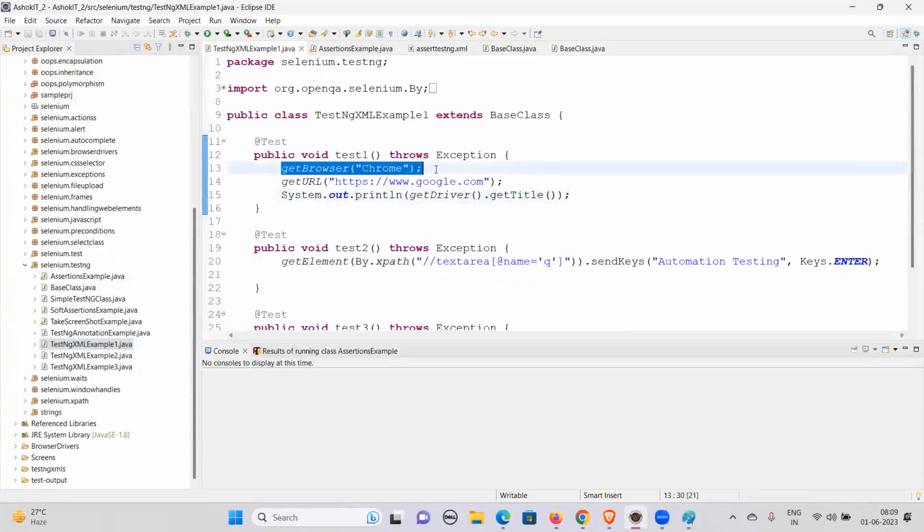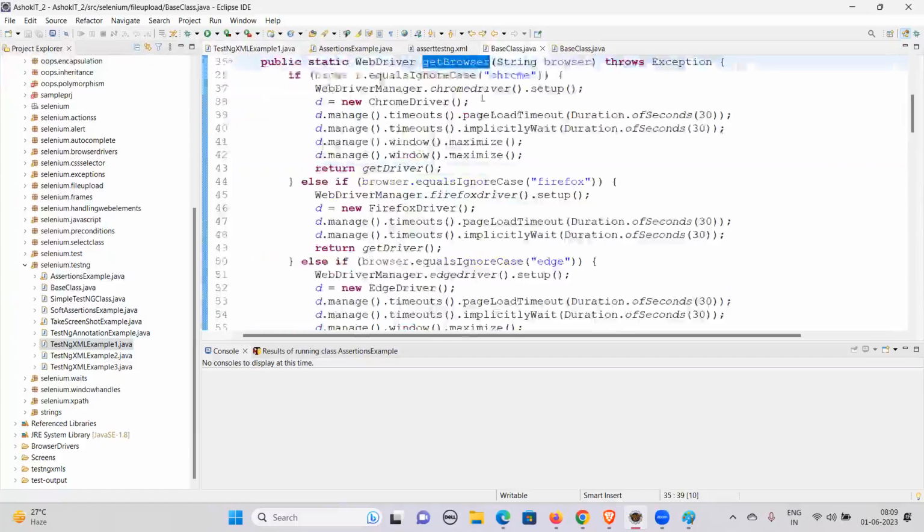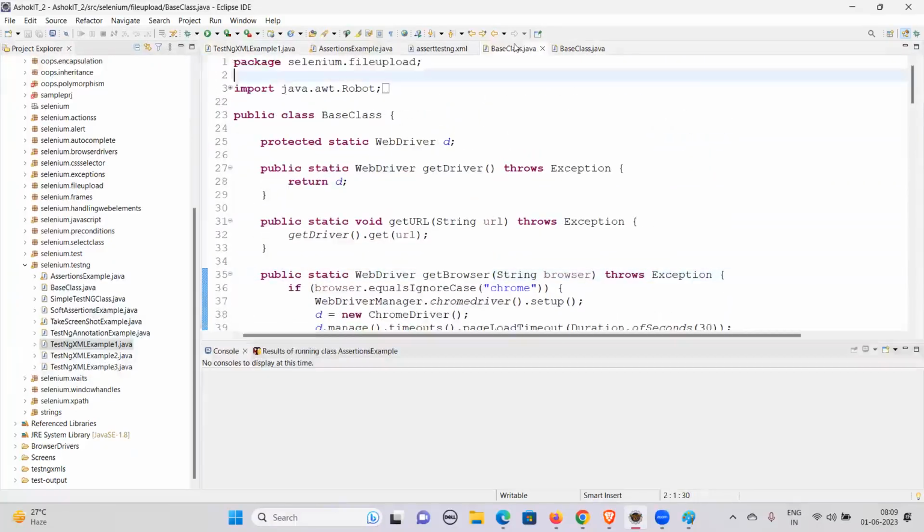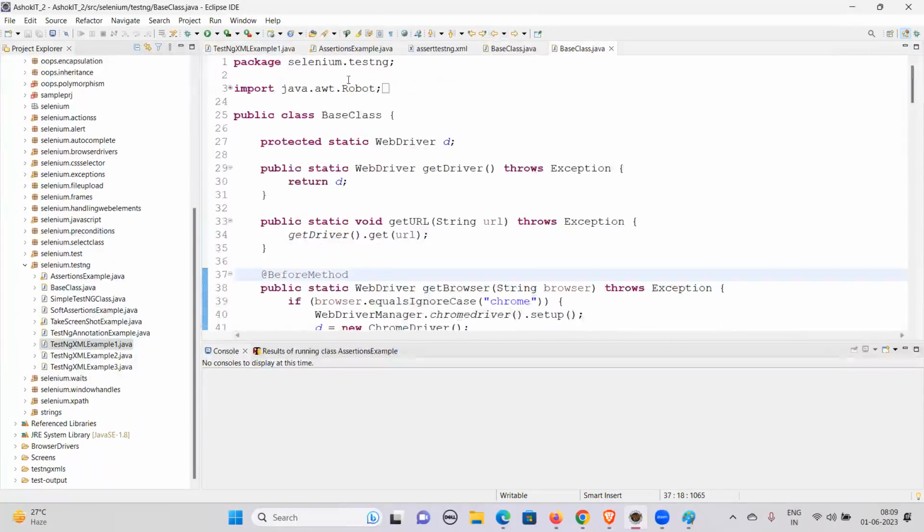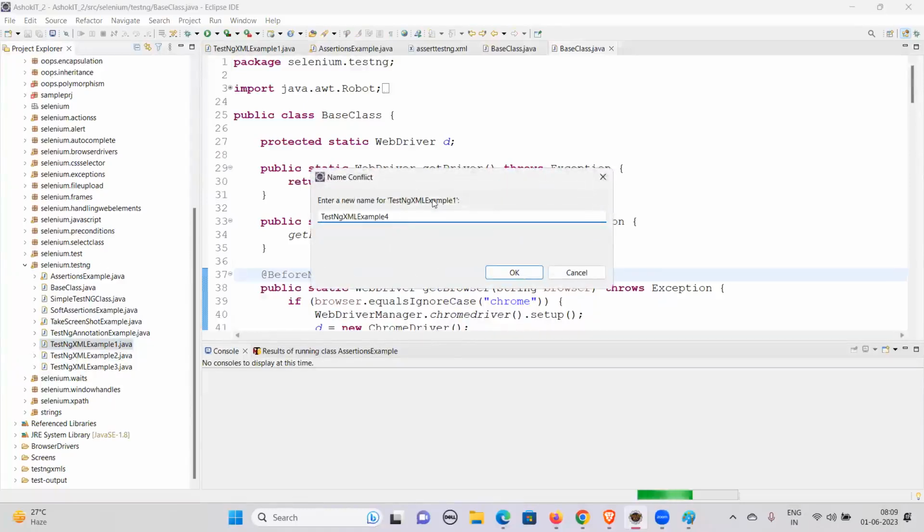See get browser, what I'm doing here. Get browser, I'm passing the parameter. So what I'm going to do is I'll change this method. So from where it is coming from the file upload, I'll just change this. Let me just create a new class, otherwise I'll just use this class as